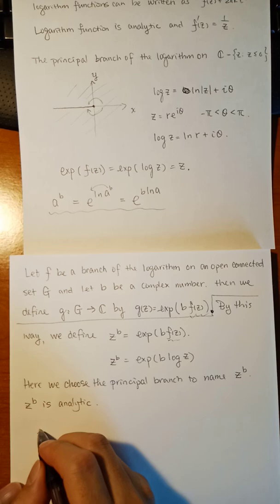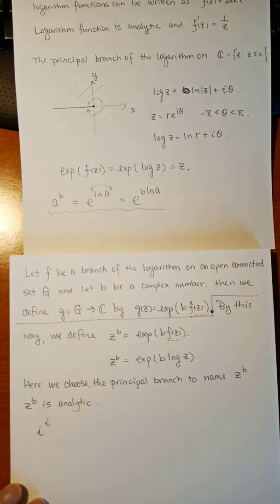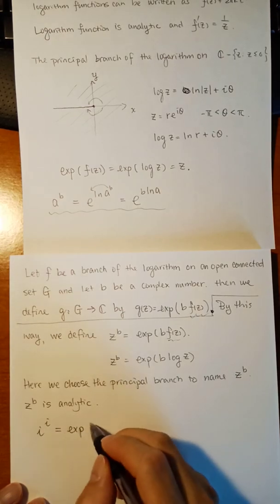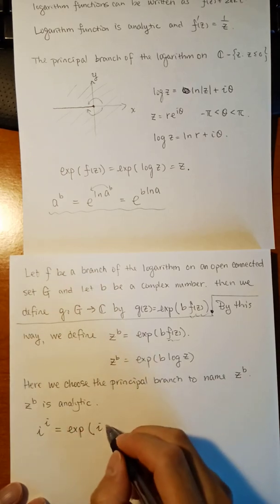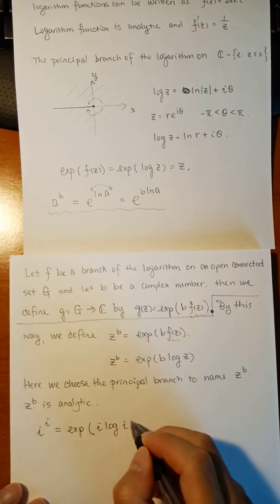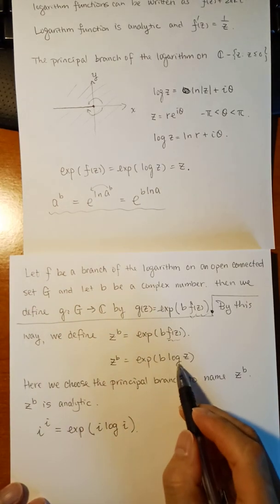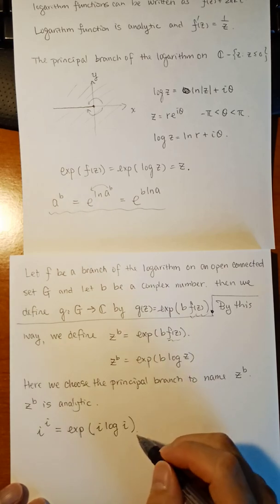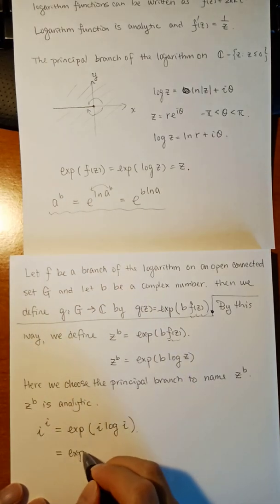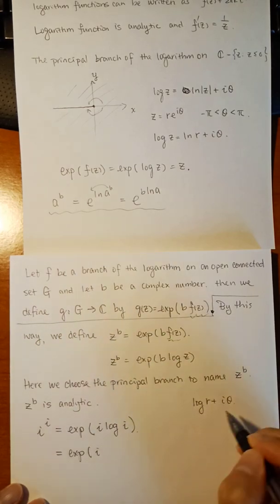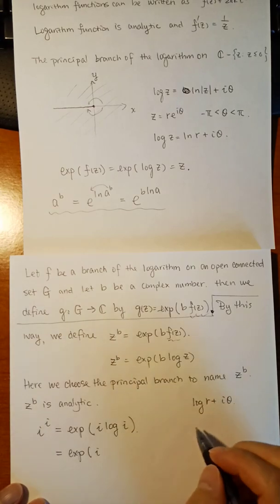For example, let's see i to the i. Let's see what is this number? i to the i means exponential of b times log a, where b is i, so it's exponential of i log i. What is log i? Remember, it's log r plus i theta. r is the modulus of i. Modulus of i is 1. Log 1 is 0. So there's no